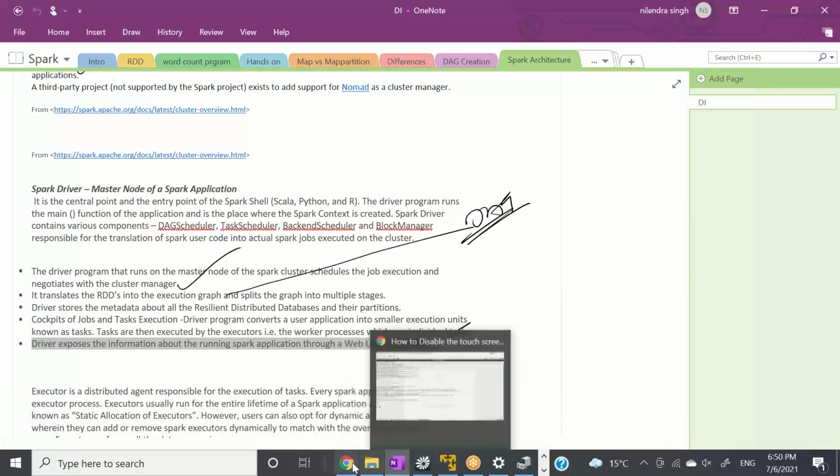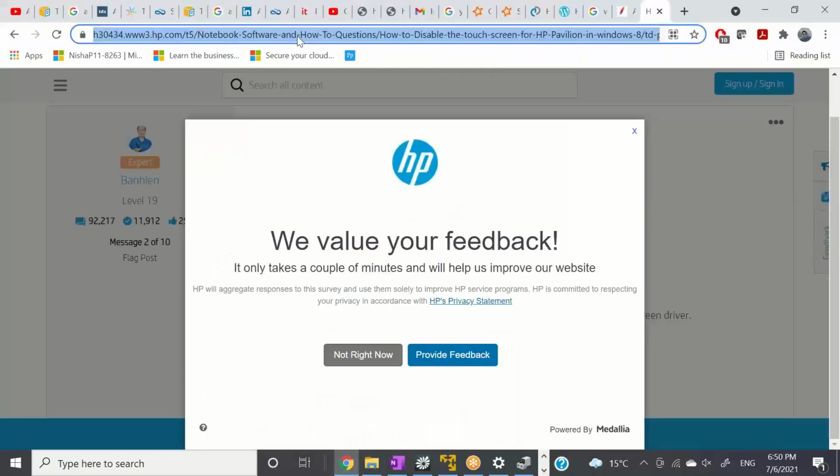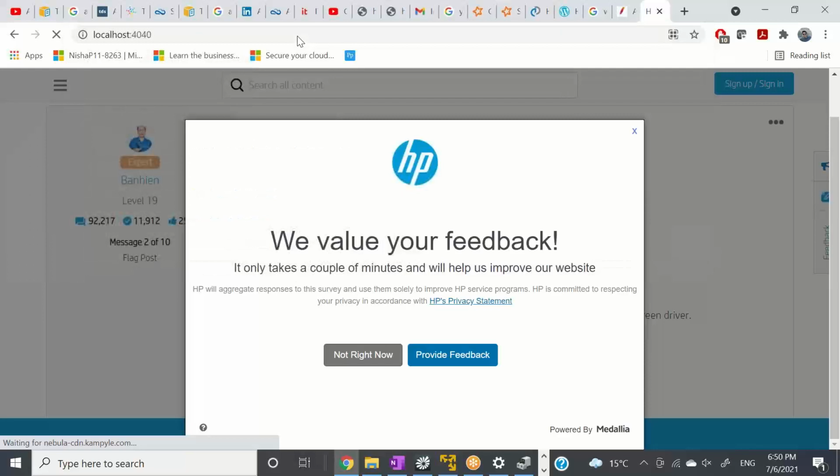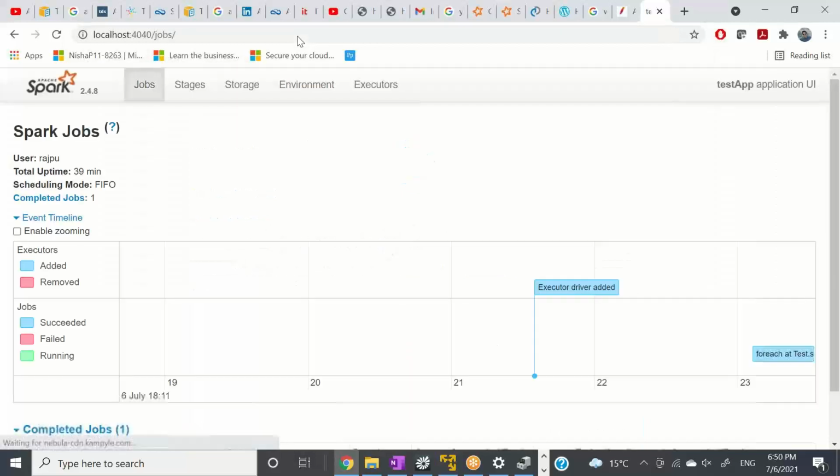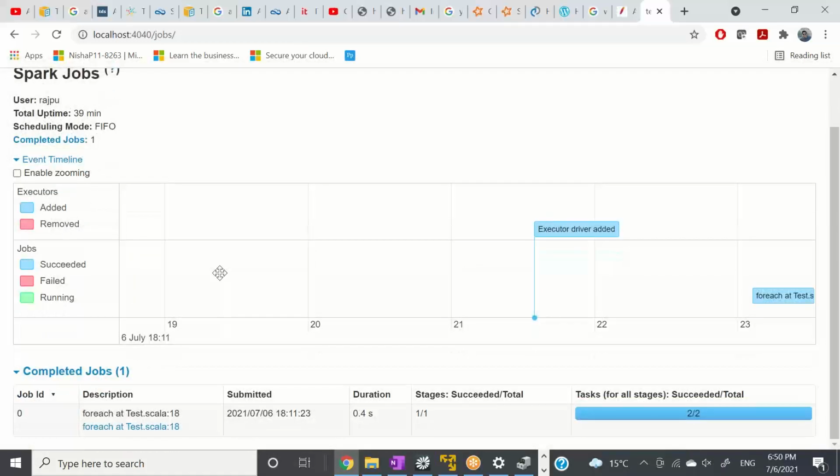So let's talk about local first. Since I'm on local, if I run localhost 4040, all the information about the driver program will be here. There are three things in Spark: job, stages, and task, right? On the first page, you can see the jobs.